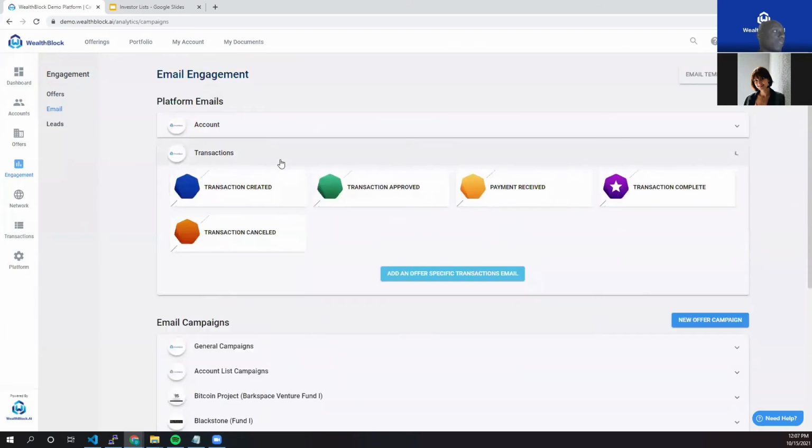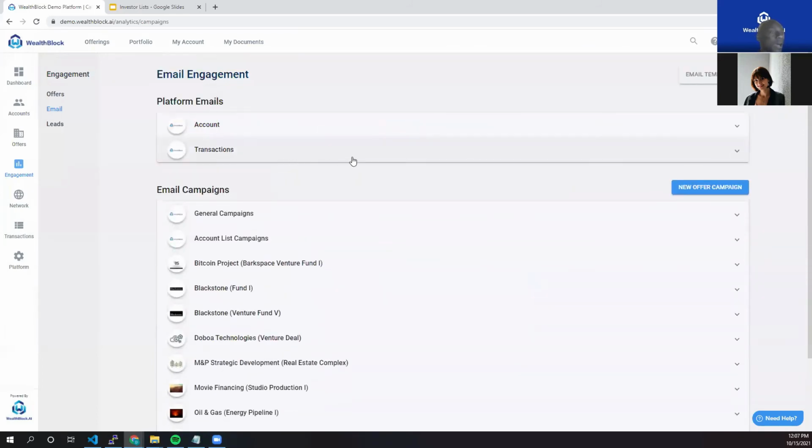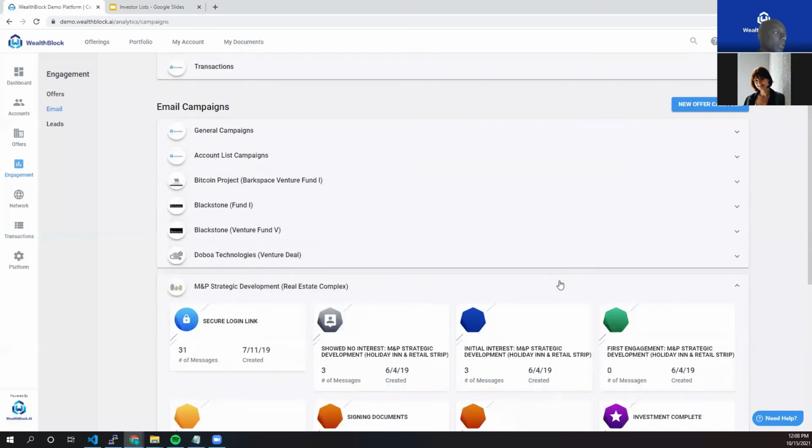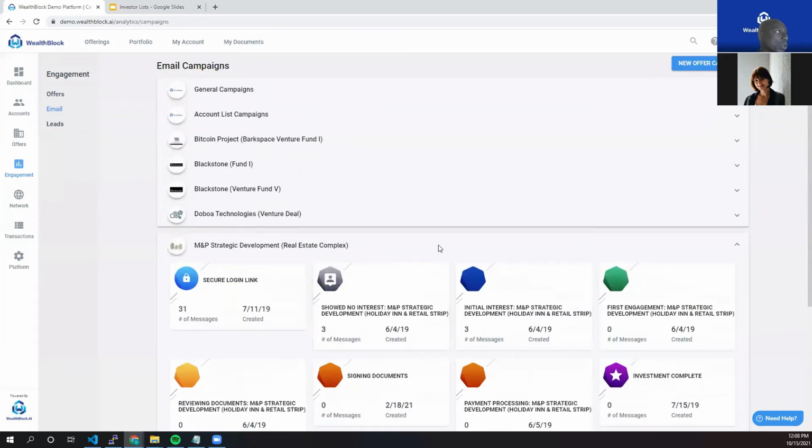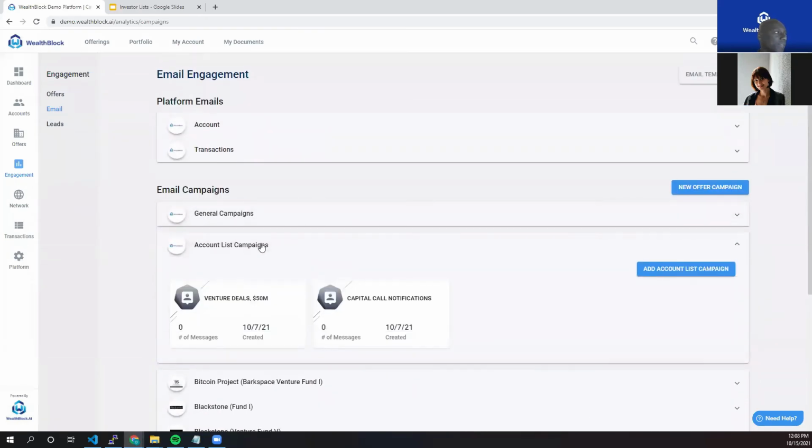Next is a feature that we just released literally last week, last Tuesday. So I'm very excited about it. Most of you probably already know that you can build email drip campaigns around your offerings. So, if you have an offering, based on what stages people are in the offering, you can have specific emails go out to them. So we extended that to account lists, meaning that if people are in specific account lists,